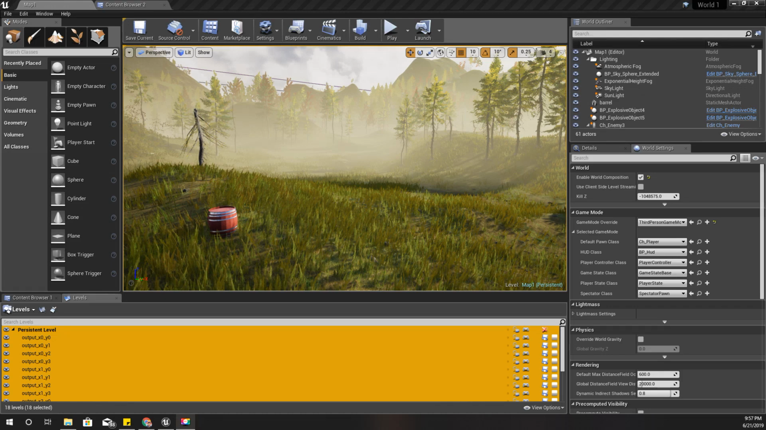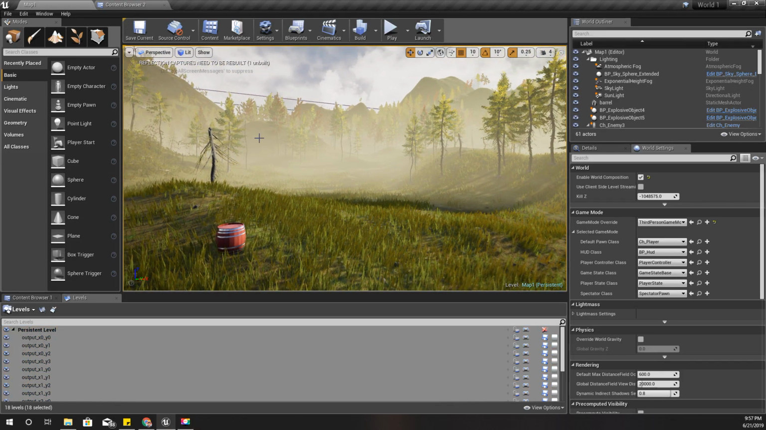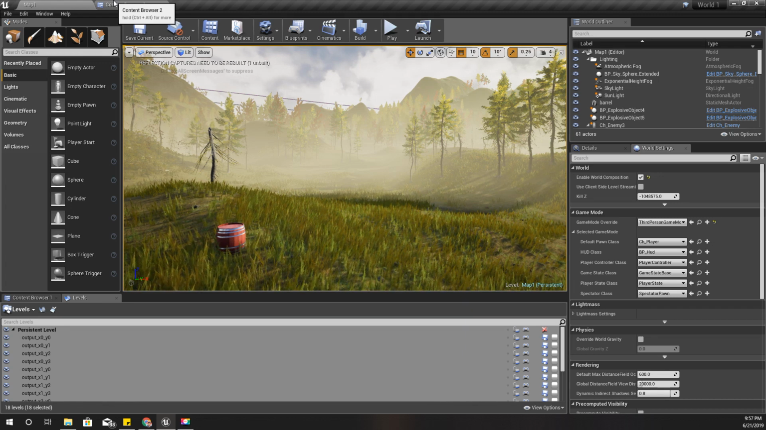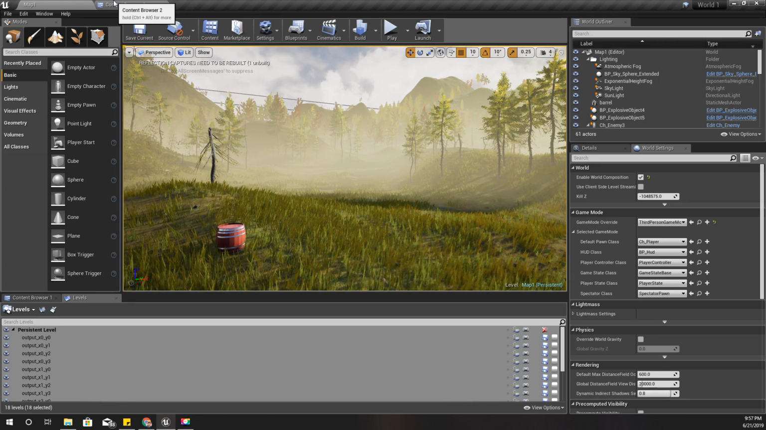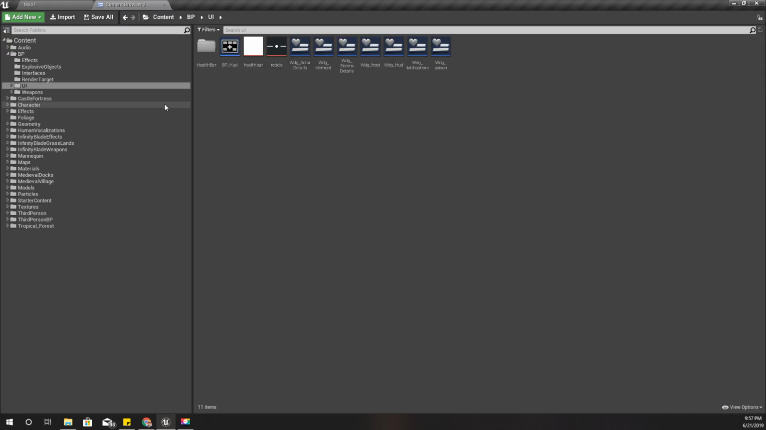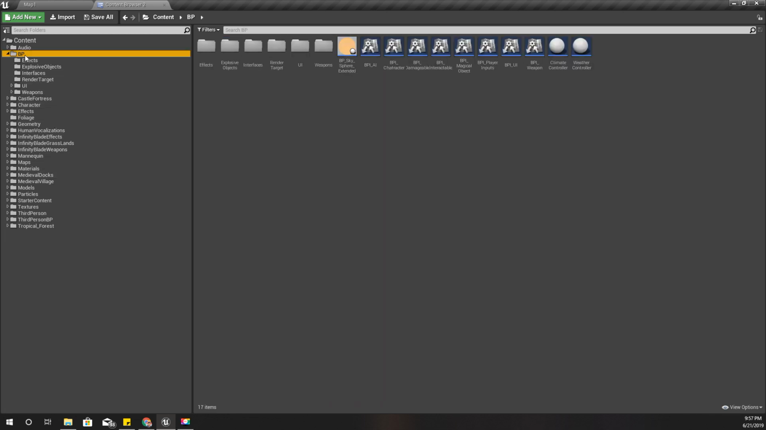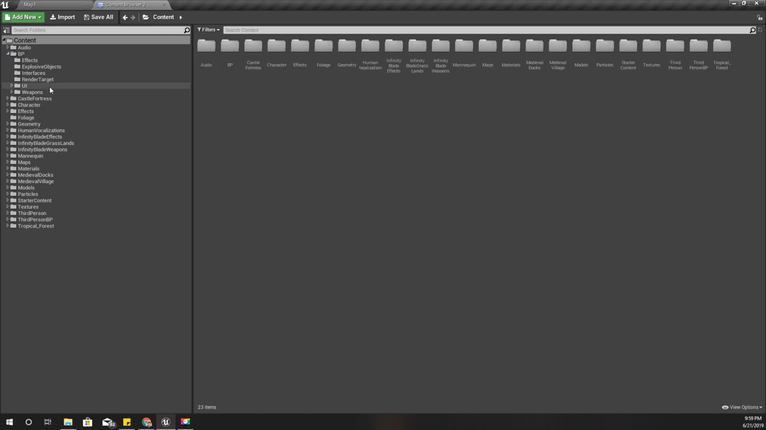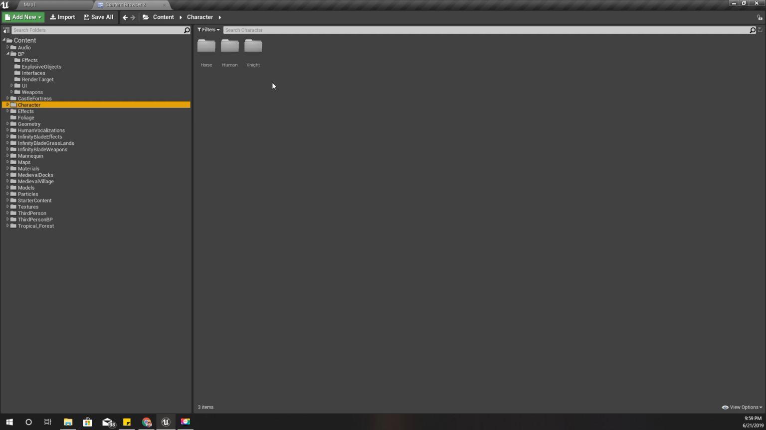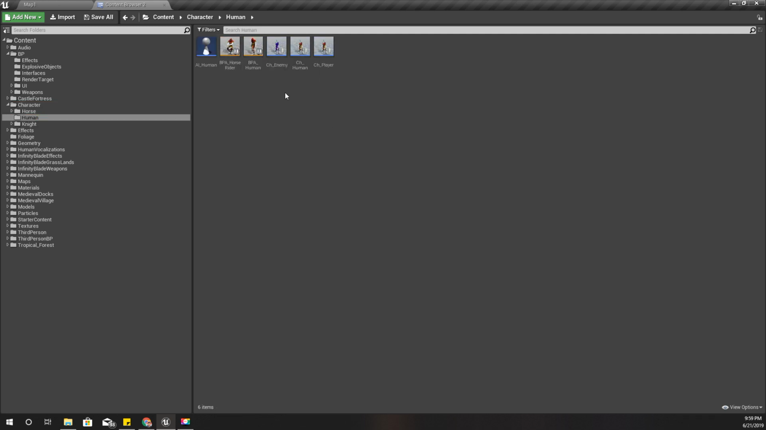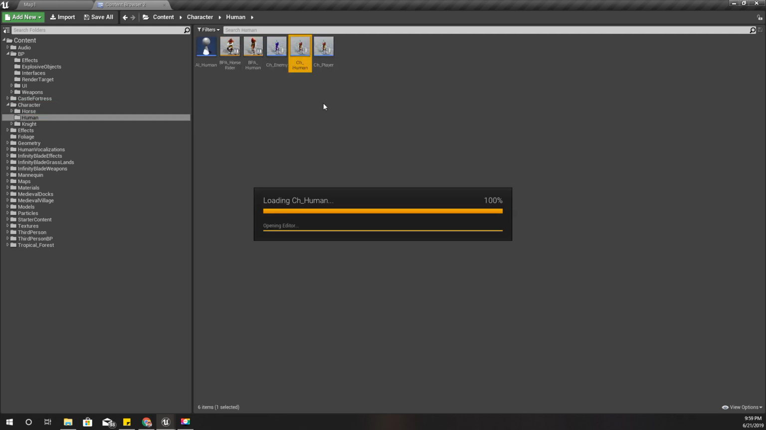The first thing is that I need some way to keep the inventory details. So how can I do that? Let's go to our BP folder. Should I create a structure to hold them or just variables? Yeah, maybe just variables would be enough. Right, so let's open our human character